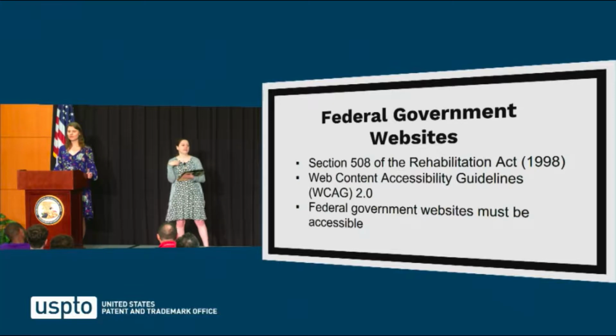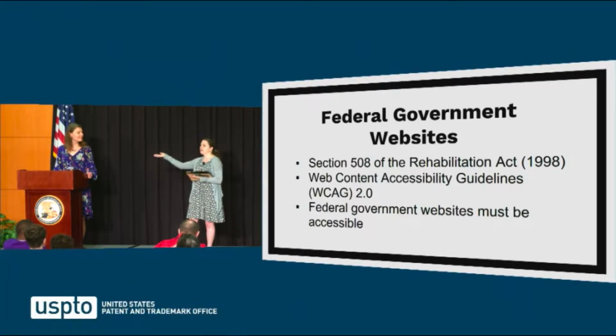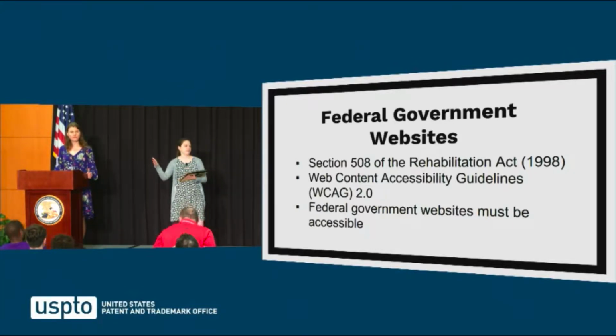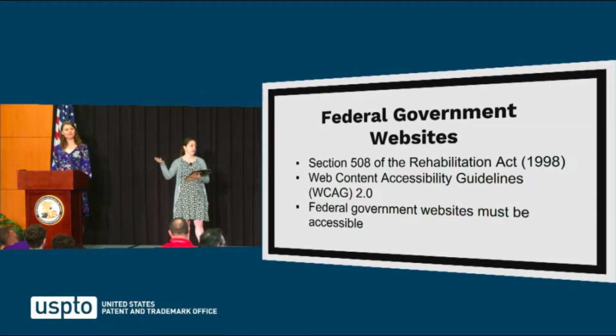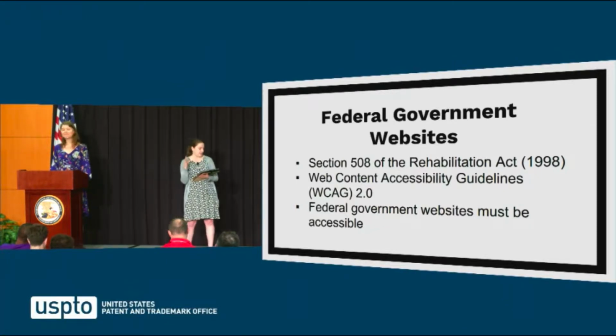It also covers what's being put on the website. So say the PowerPoint gets thrown up on the website. That's an additional layer of accessibility: are the slides accessible? Do they have alt text kinds of things? So for federal government, it has to be accessible. If you've ever heard the term Section 508, I know sometimes people don't break that out, but that's a section of the Rehabilitation Act. And that was passed in 1998. Next slide.